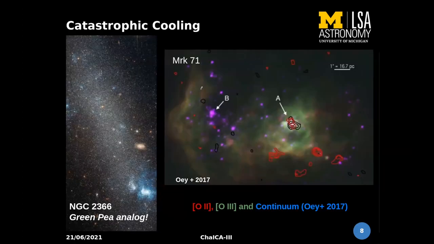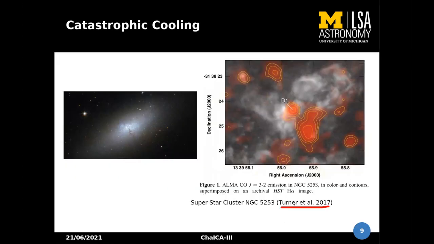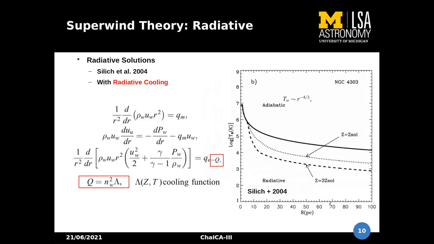However, in some observations, we see a strong catastrophic cooling which cannot be explained by this model, and there is a separation of the superwind. This is one observation done recently, and there are other ones which also show the separation of superwinds and strong catastrophic cooling. And I should explain there are other solutions developed in 2004,